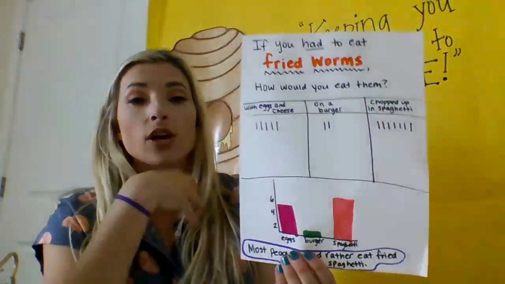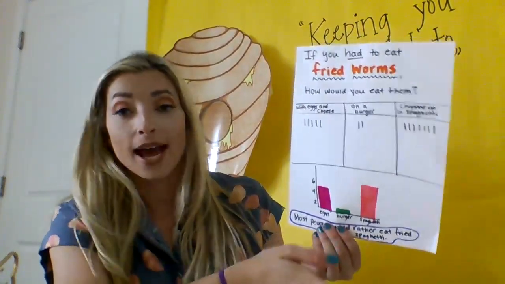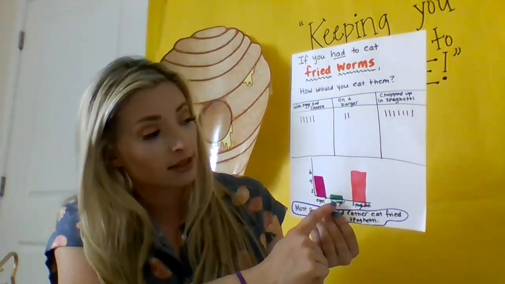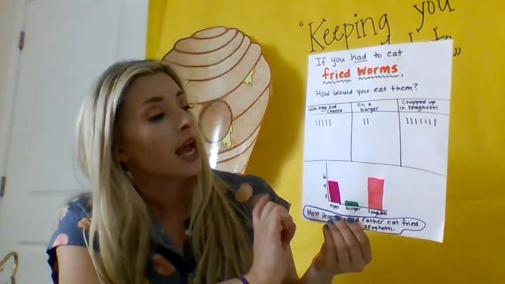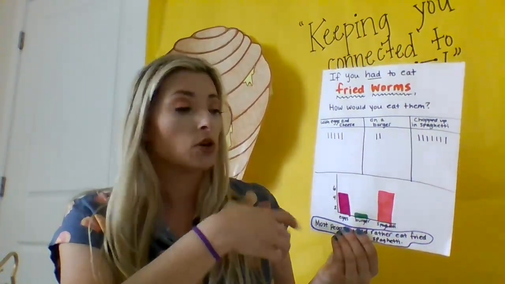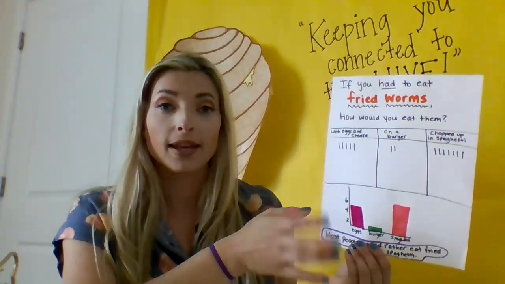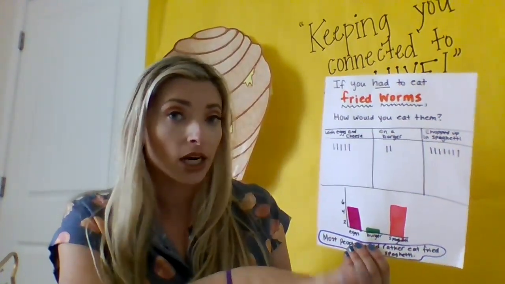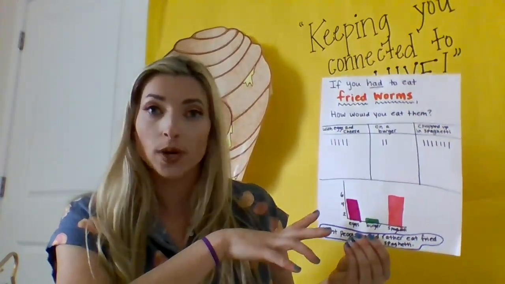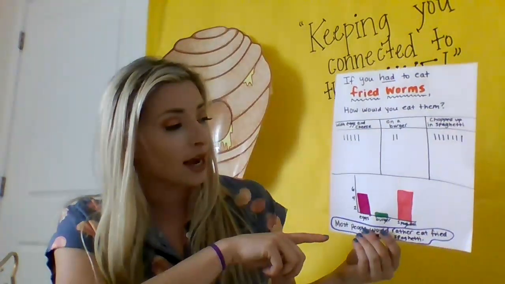So I always start my bar graphs with this L shape. And at the bottom, I'm going to put my categories. Now, I didn't write out the whole entire thing. I kind of abbreviated them. So eggs, burger, spaghetti. And then I thought about my total number surveyed was only 14. So I knew that I could label in increments of 2 and be okay. Now, if my number would have been a lot higher, like 100 people, then I would probably be going up by 10s or 20s. So for this, I was able to just go up by 2s on the side.